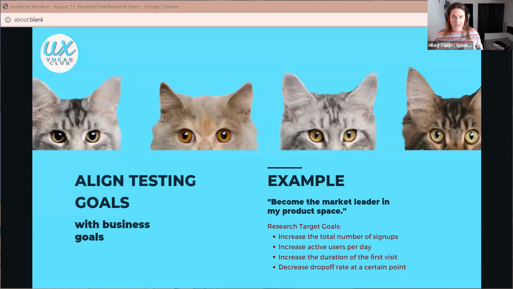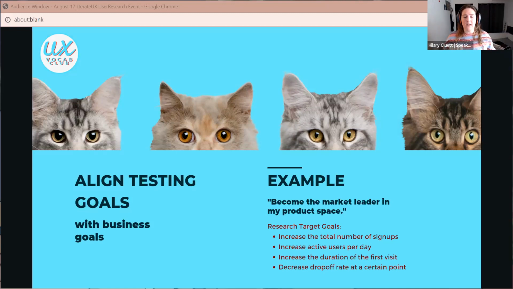So basically, to start, because like I said, it touches every industry, there's an infinite number of questions. There's an infinite number of things that you could improve. But typically, you're going to be aligning your testing goals with business goals. If you're not doing that, then maybe it's just a research project that you've come up with by yourself, which is totally fine. But in the real world, that's not necessarily academia, you're going to have to align your testing goals with business goals.